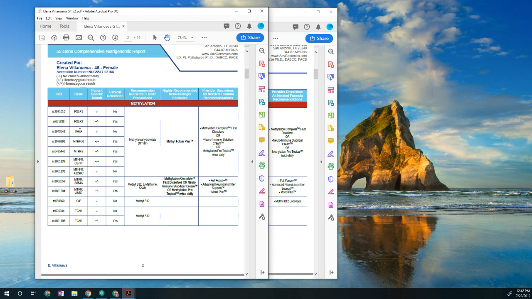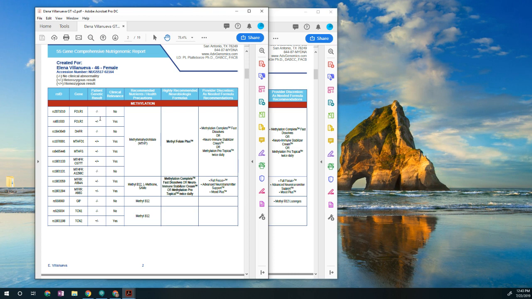The FOLR genes, just to keep it really simple, these start the process of driving folate into the cell. Once the folate is into the cell, this gene does the first conversion to dihydrofolate. Then this gene drives the second chemical reaction. And then this one drives the next chemical reaction, and so on and so forth until you come up with the final chemical reactions that create a methyl group. So there's a whole chain of different chemical reactions that are happening with folate before methyl groups are made.